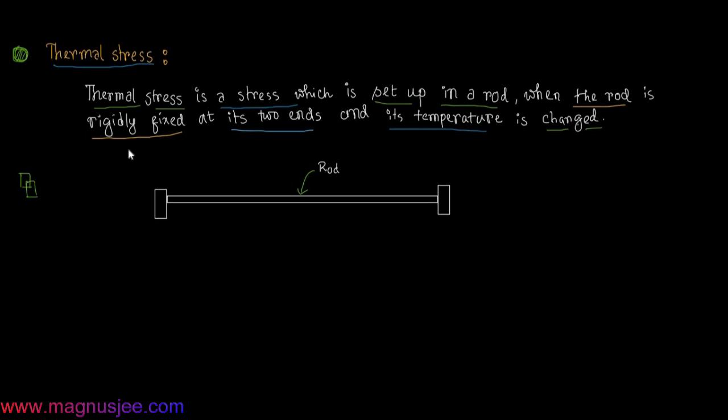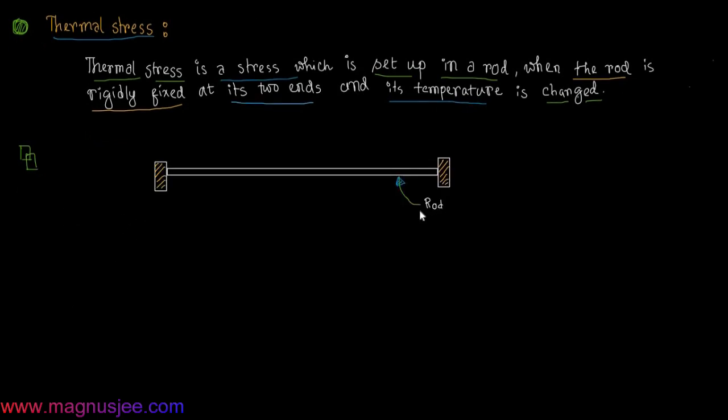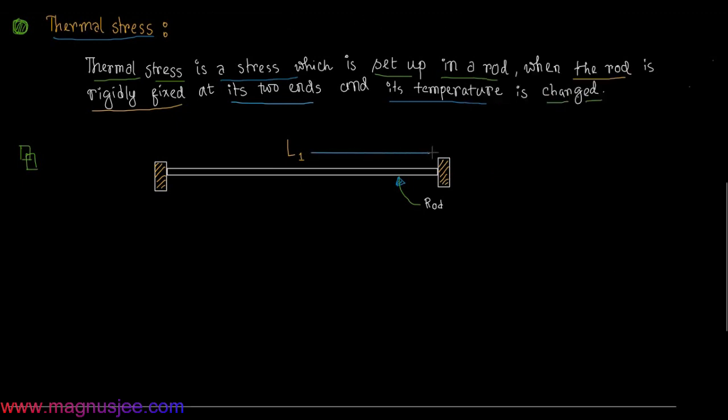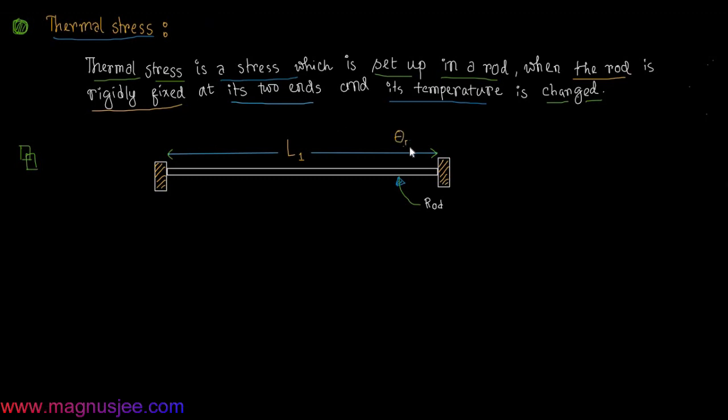The initial length of the rod is L1 at the initial temperature theta 1 degree Celsius. This is a straight rod whose initial length is L1. Theta 1 degree C is the initial temperature of the straight rod whose two ends are rigidly fixed at two